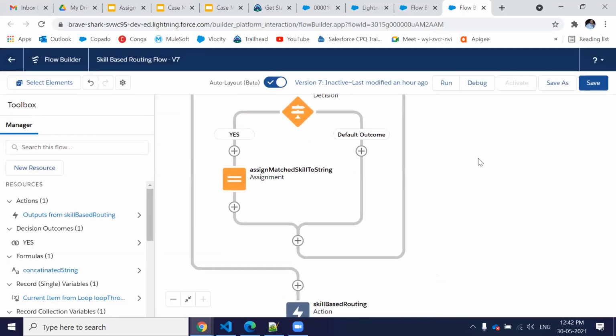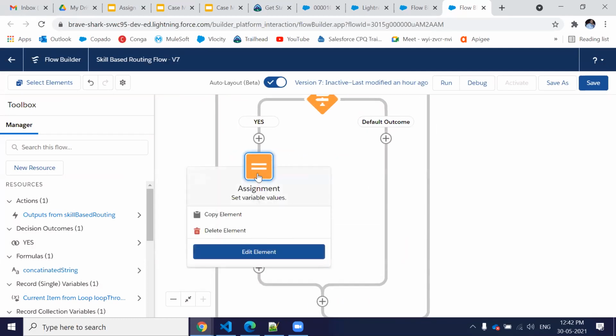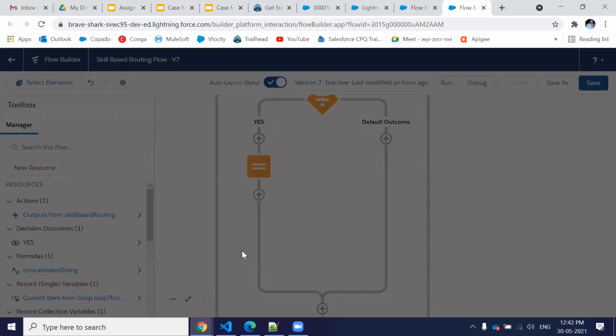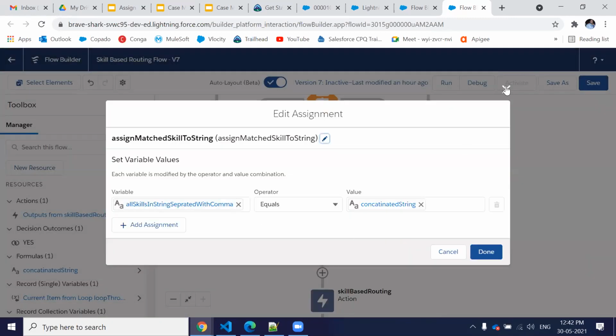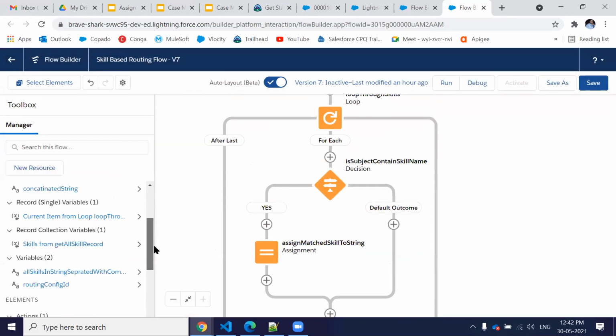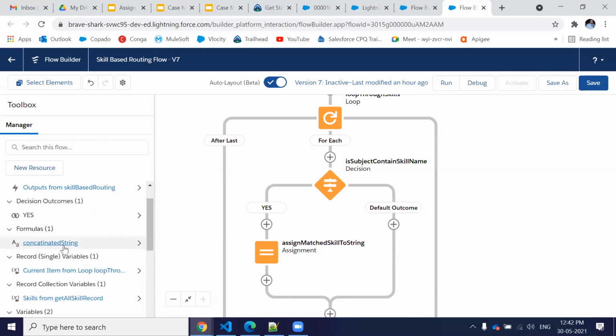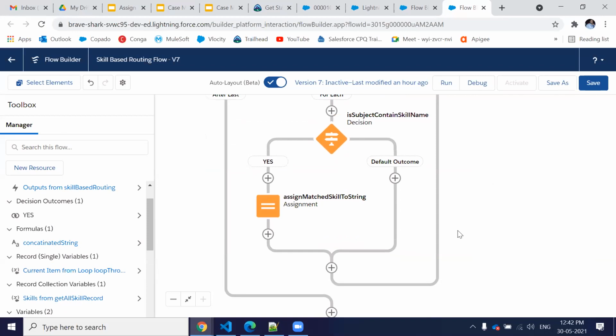You do not have to create any variable for that. So I'm checking, if it is yes, then I have to take it into a variable so I can use it later on. To do that, I have created two variables. One is a skill text type, and the second one is the concatenating string. If I'm getting more skill IDs, suppose two of the agents contain the same skills, then I have to take both the skill IDs.